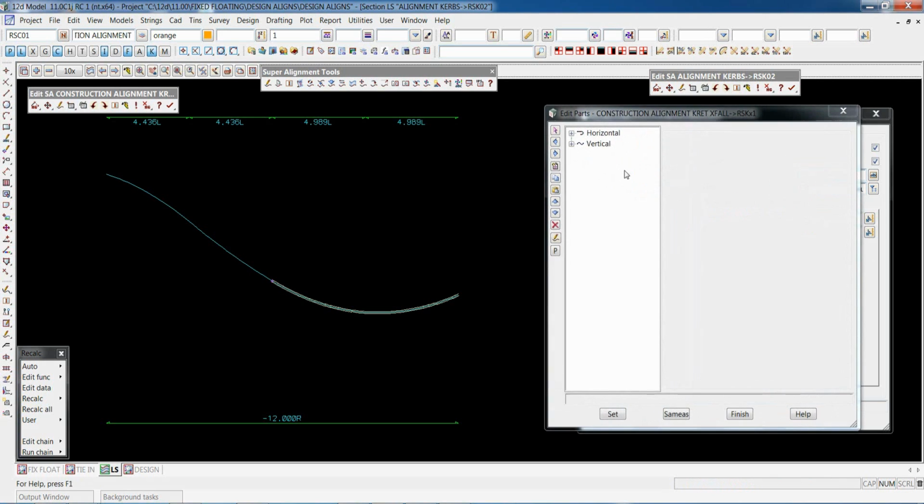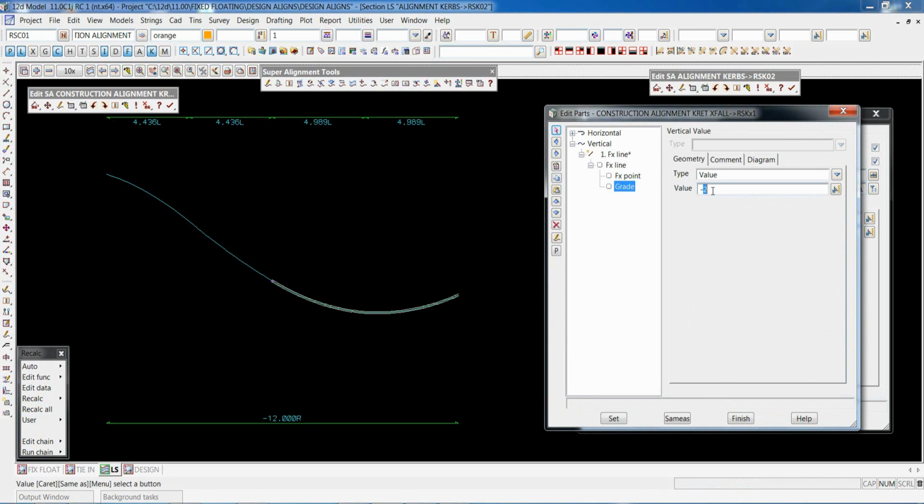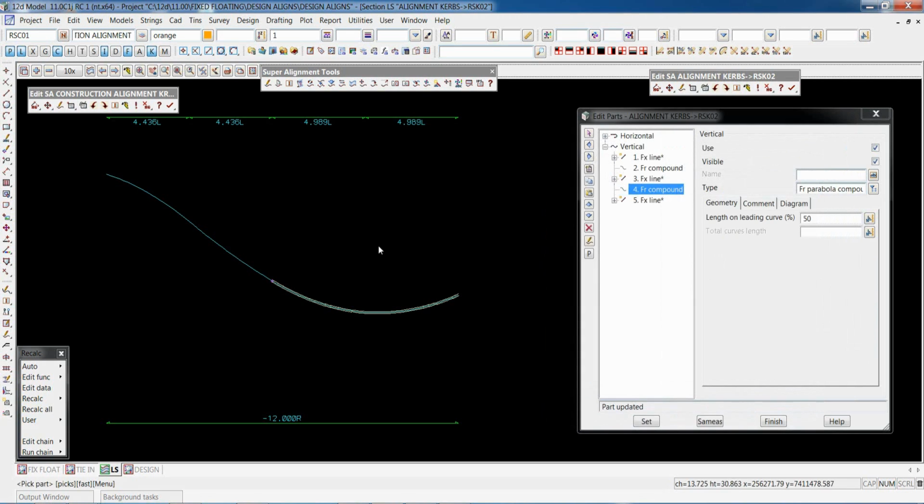So I go back to here, I can look at my vertical, and I can say my grade here might be minus 1.5. So I go set. And the point will jump up to there. So again, a solution here. Then passes through that point.